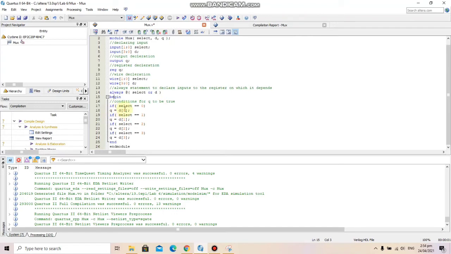If d0 is low, the output will be low, and if it is high, the output will be high. Similarly, if select equals 1, our output will depend on d1. If d1 is 1, then q will be 1, and if d1 is 0, q will be 0. So now let's run this and check it.